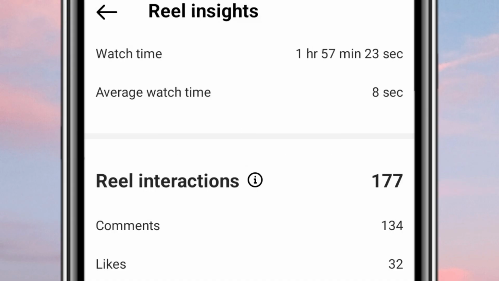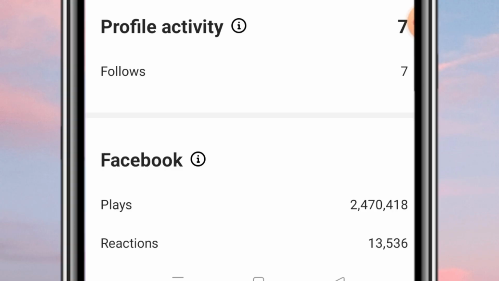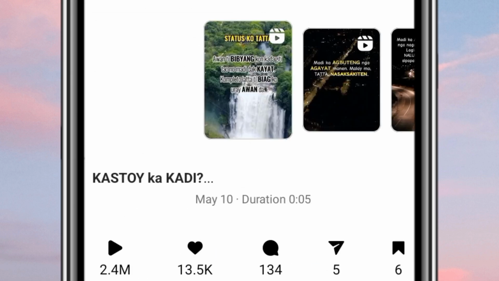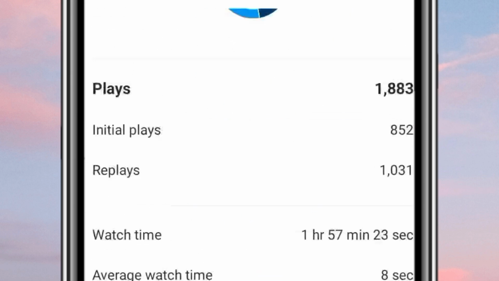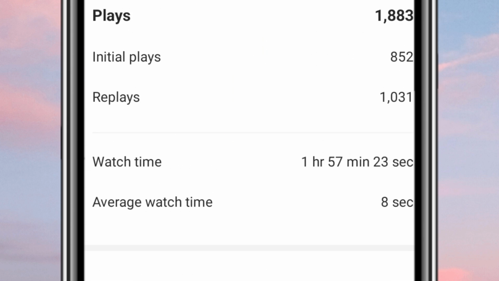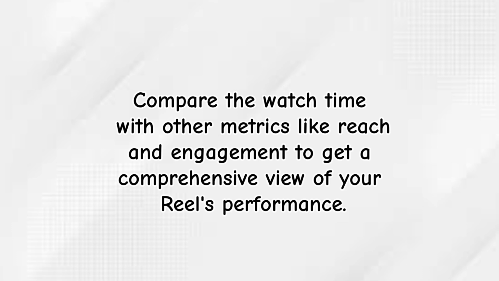So when we say watch time, this shows the total amount of time people have spent watching your reel. And also the plays, this is the number of times your reel has been played. Average watch time helps you understand how engaging your reel is by showing the average time viewers spent on it. And of course, compare the watch time with other metrics like reach and engagement to get a comprehensive view